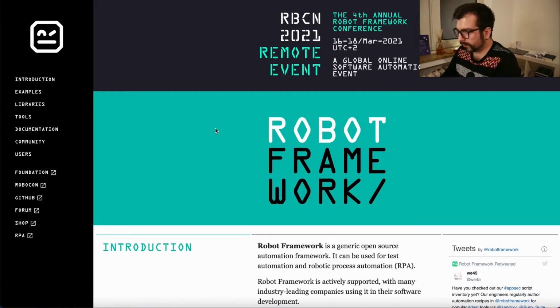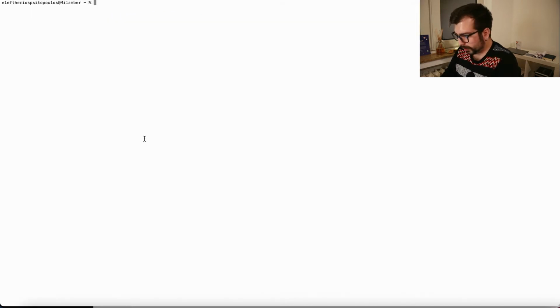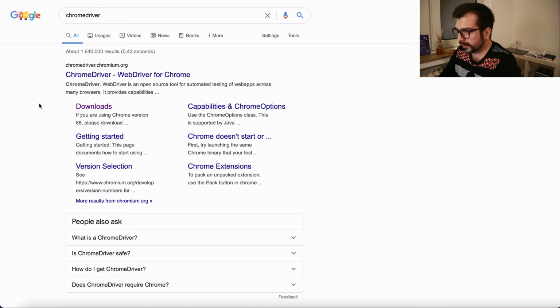Well, in order to use Robot Framework, we have to install it first. So go to robotframework.org, documentation, and then in the Getting Started section, there is this command: pip install robotframework. Copy it and go to the terminal and install Robot Framework. Now we also need to install Selenium. The command is pip install robotframework-selenium2library, and finally we need ChromeDriver in order to open